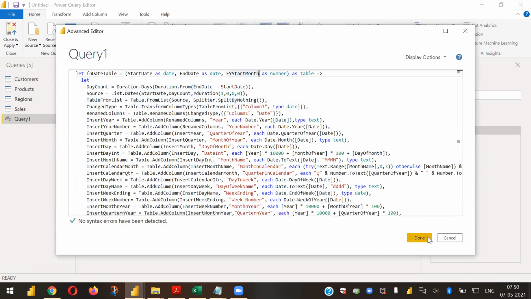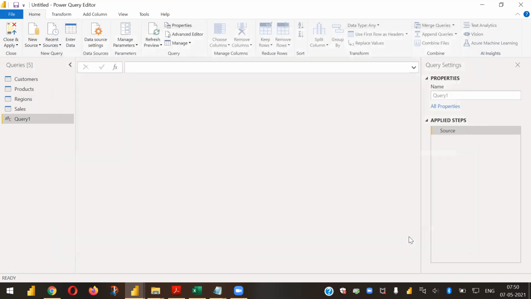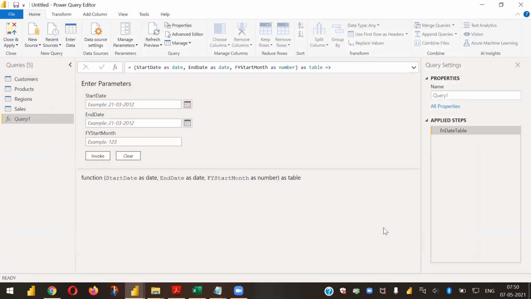I click on done. What it is doing is creating a lot of columns with all these values. But again, we need to pass some parameters. If you can see in the very first step, there's something called start date, end date, fiscal year start month. These are parameters it is expecting us to put in. When you click on done, it is asking for those three values. It is asking, okay, I am ready to give you the columns that you are asking me to create, but please tell me what is your range of data that you need.